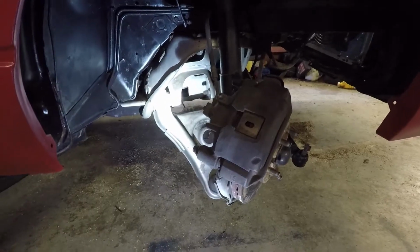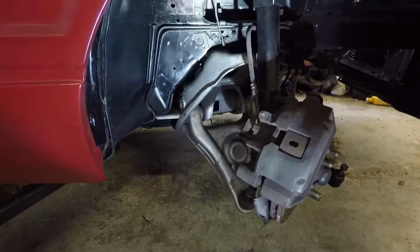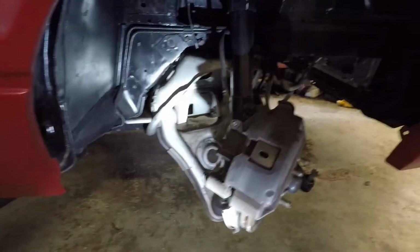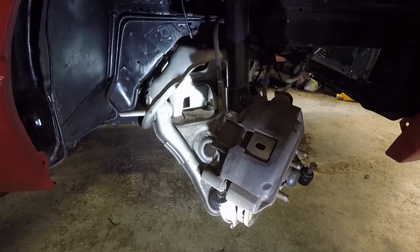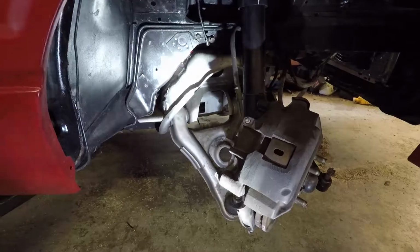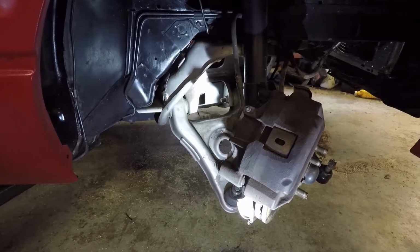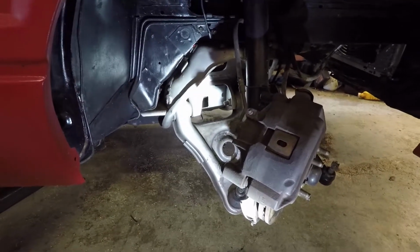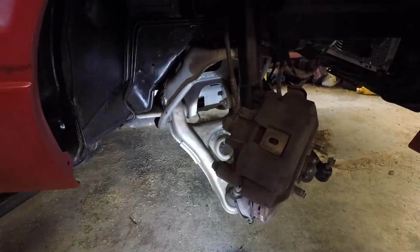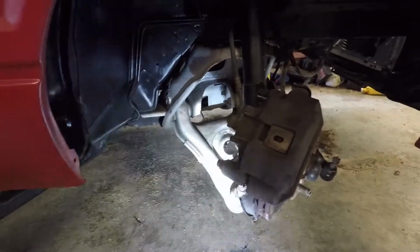So now that we got that all apart, we're gonna lower the car down onto the cross member here, and under the transmission we're gonna put it on jack stands underneath both places, and then we're gonna undo all the hardware. Sorry, 8 bolts total that hold the cross member on. And then just 2 bolts that hold the transmission cross member. And then we already undid the drive shaft at the rear end. So that's pretty much all that's holding this